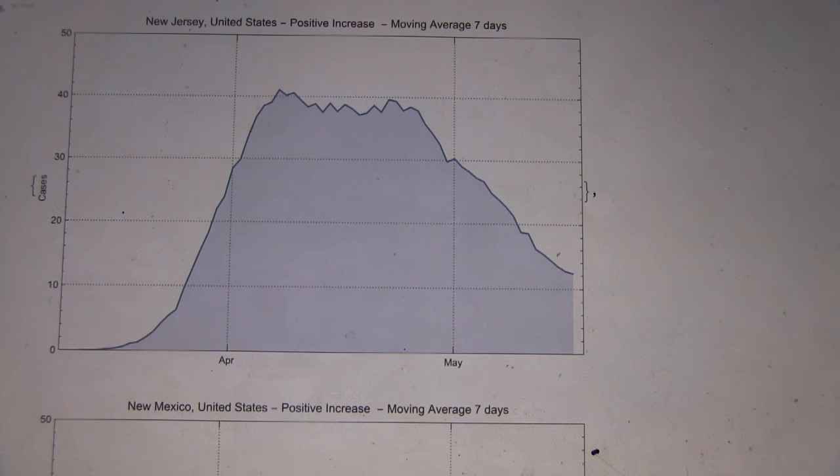So why do you think New Jersey had a very different shape than Kansas and Nebraska? Well, New Jersey is on the East Coast. It's close to Boston and New York, which both had big outbreaks, mainly New York. So people from there were more likely to travel to New Jersey, and I think it might be more densely populated than some of the Midwestern states. Okay, yeah, interesting. All right, last one.